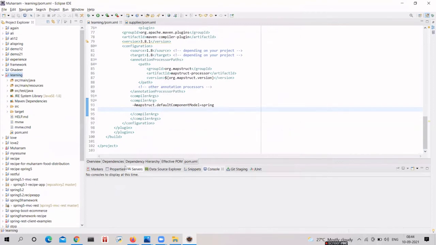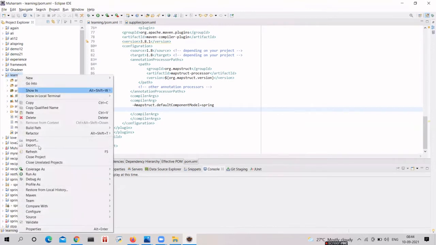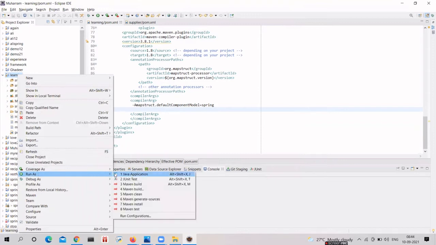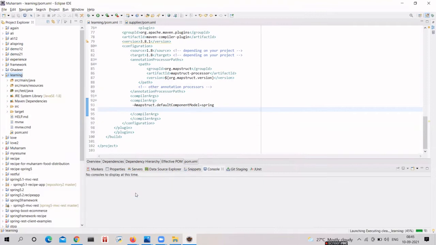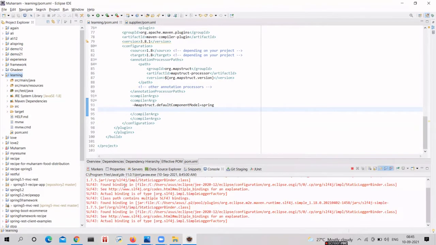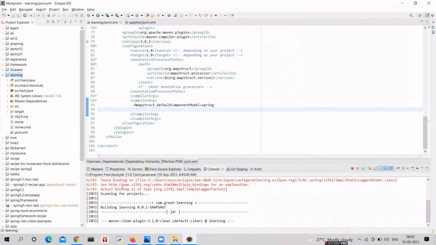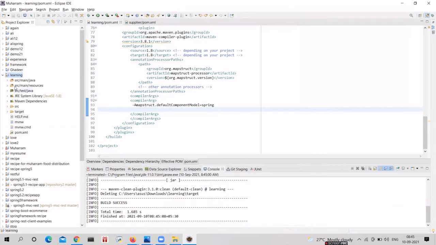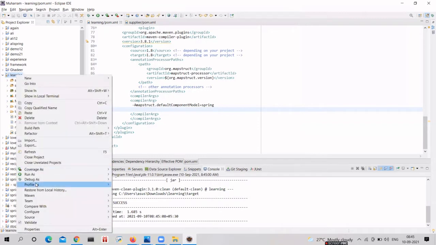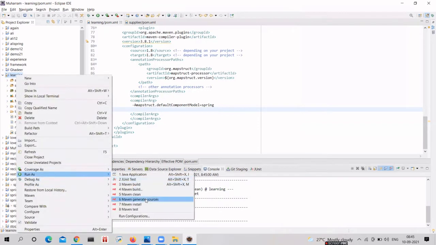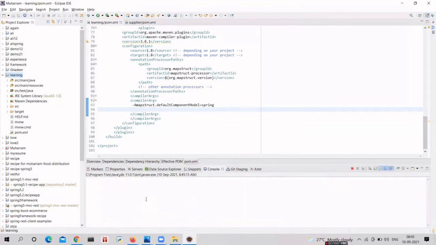Great job. We have done a lot of jobs so far. And these are things, these are the very important things. Basically, if it won't work accordingly, then our project won't work even though we have written the right APIs. Let me just add dependencies as well with the help of the clean over here. So you can see a lot of logs over here present, which is basically telling us all the stuffs and all. It is finished. Let me quickly go to the run as and generate sources over here,